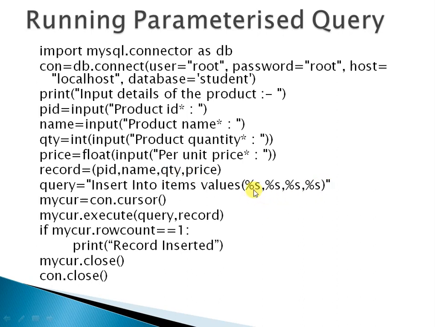Okay, please note that all the values that are being provided through a tuple must be the same as per the number of %s marks. Okay, so if there are 4 %s here, then these values must be 4. Okay, and the sequence must be followed. Okay, so this is an example of a parameterized query that you will be using in your project. Okay, so I request you to try these parameterized query programs in your system so that you get used to them. Okay, great.